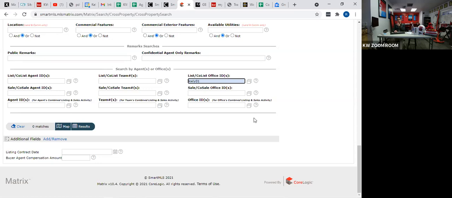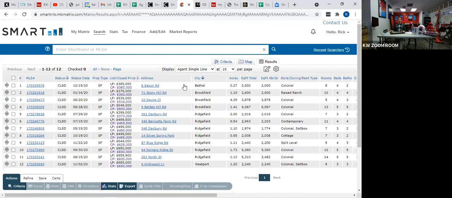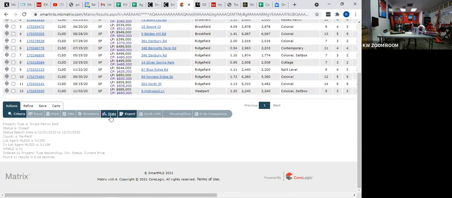Right, so those are the four codes that you can pull on for the market center side. Now, let me go back and show you this particular agent, 12 listings. If you click results on those 12 listings, you get the inventory that was sold. And if you come down to the bottom and click on stats and then tabular,